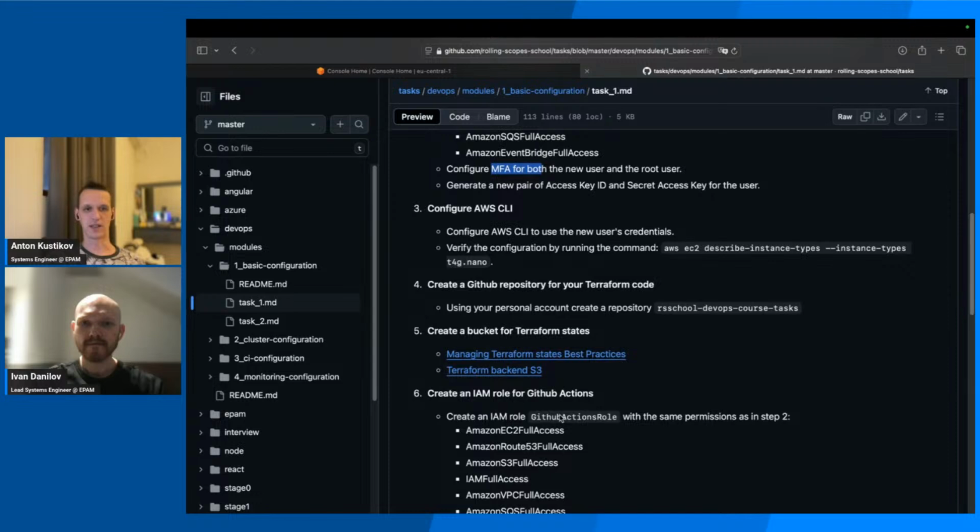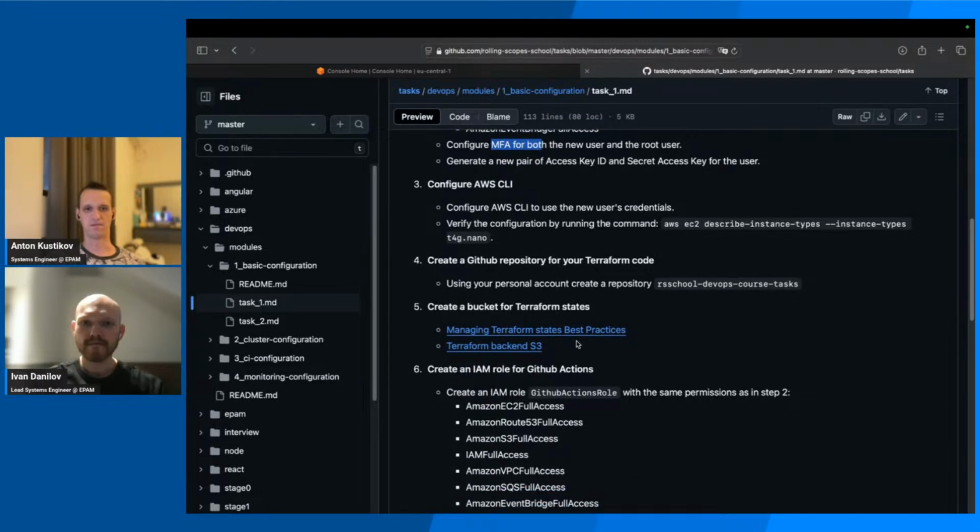Next, we would need to create the buckets with Terraform. As I already said, you would need to install Terraform itself, and then write some code to create S3 buckets. And as someone mentioned already, you may create only one bucket with Terraform, but the second one, which would be used to store the states, I think it's a bit better to create